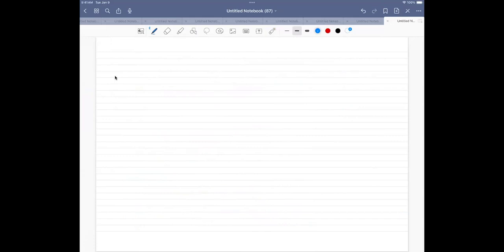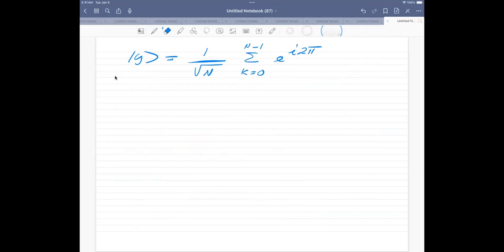So the quantum Fourier transform takes the same expression as what we had before. So we would have a state y, but now we divide with the number of basis states which we have. So it's not the lowercase n. And then we would have a sum from k equals 0 up to n minus 1. And this is given by e to the i of 2 pi. And this state here, I should rewrite it more like a state. So let's just rewrite it like this. This is just a state j. So we have the subscript j here, and then we have k divided by n, and then we have the